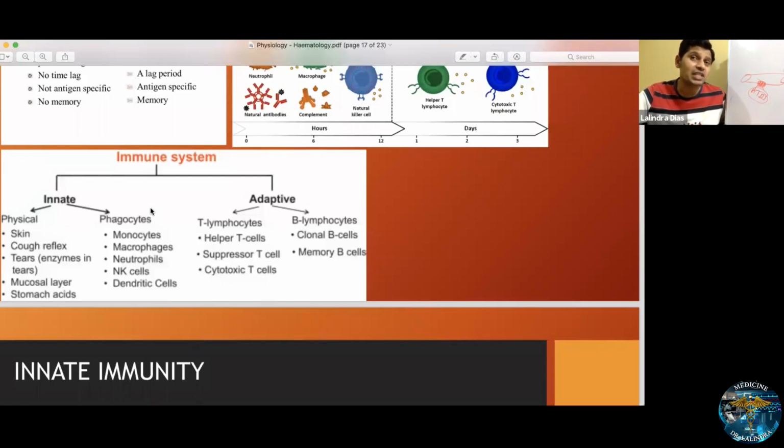What are the physical ones? I already told you: skin and mucous membranes. So innate immunity has two types, the physical one, with skin and mucous membranes,